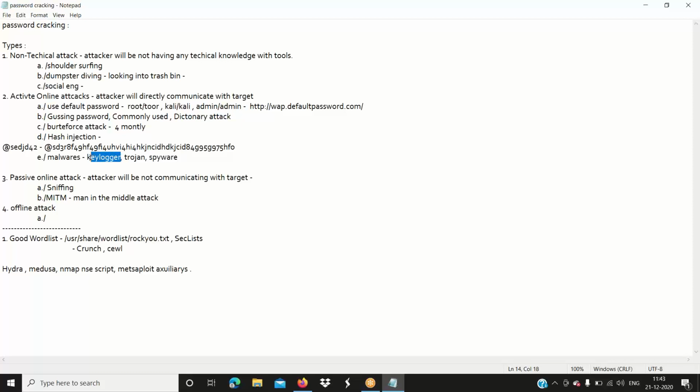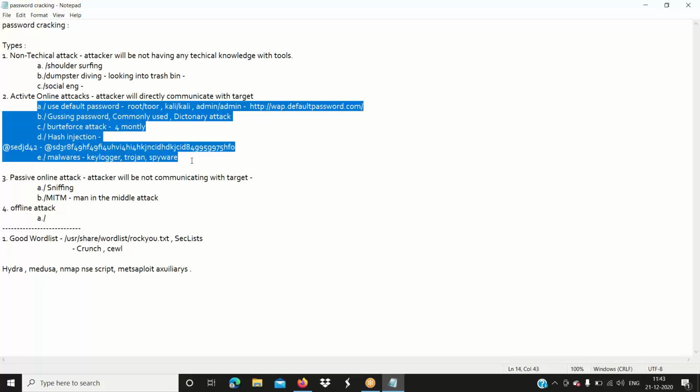I have shown you how keyloggers work with the help of a Meterpreter payload. It is a very similar way for Trojans and spyware. So these are also some of the active online attacks, performed directly with the target to get or confirm the passwords.